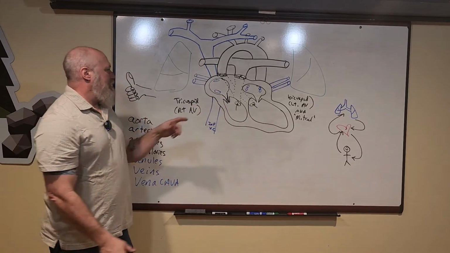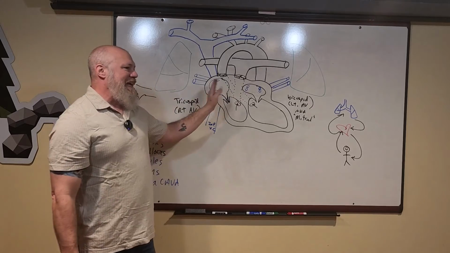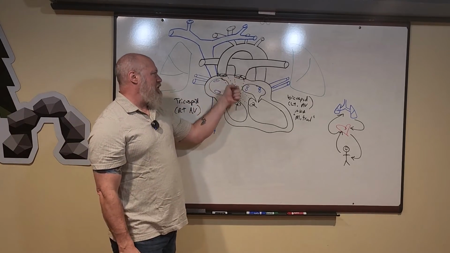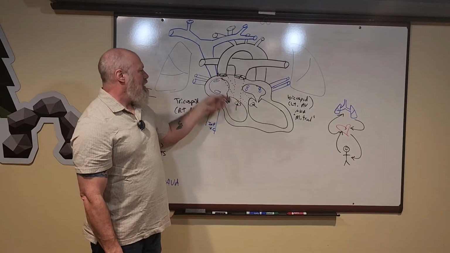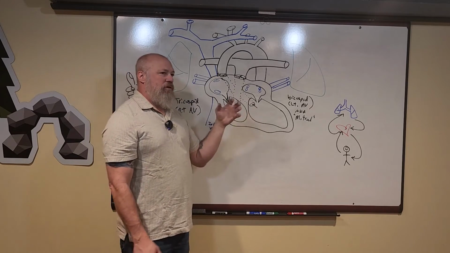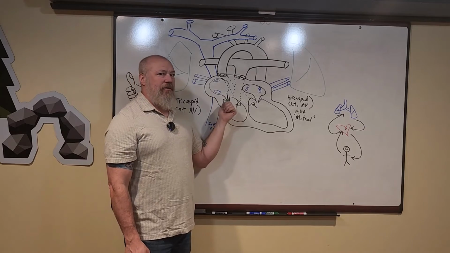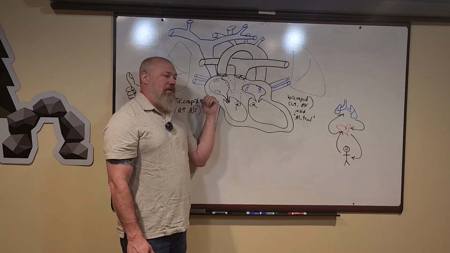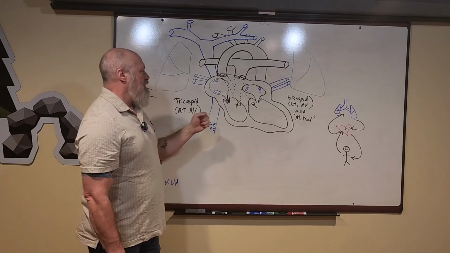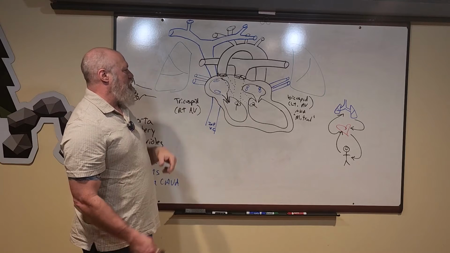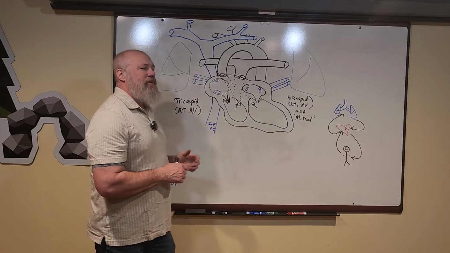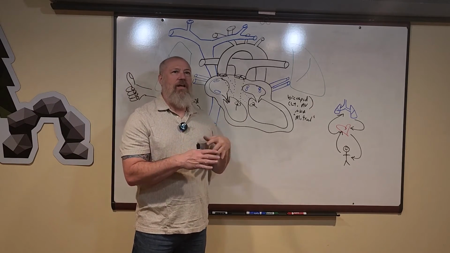You're going to move from the right atria. You're going to pass the right AV valve once the atria contract. The atria relax. The ventricles are going to contract. When the ventricles contract, they're going to slap shut the AV valves, atrioventricular, right and left. It's going to be the tricuspid, bicuspid. It's going to close that. The ventricles squeeze. They can't go back up through the valve unless you have a leaky valve or a flap,